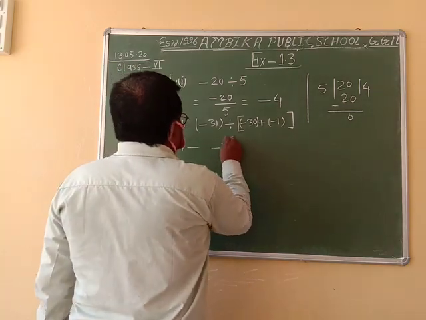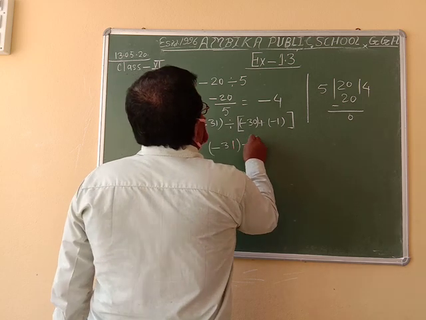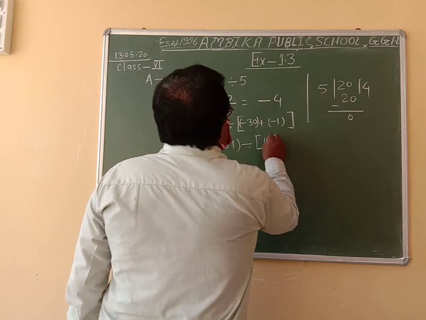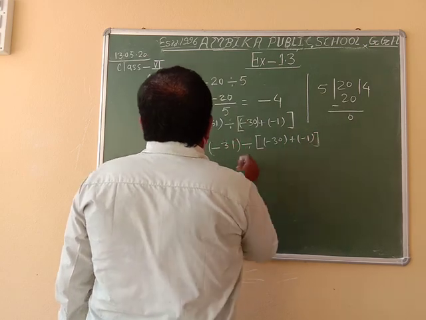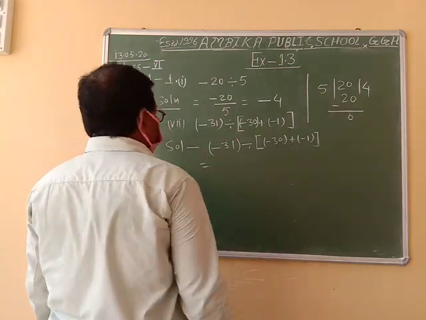Minus 31 divided by minus 30 plus minus 1 is equal to